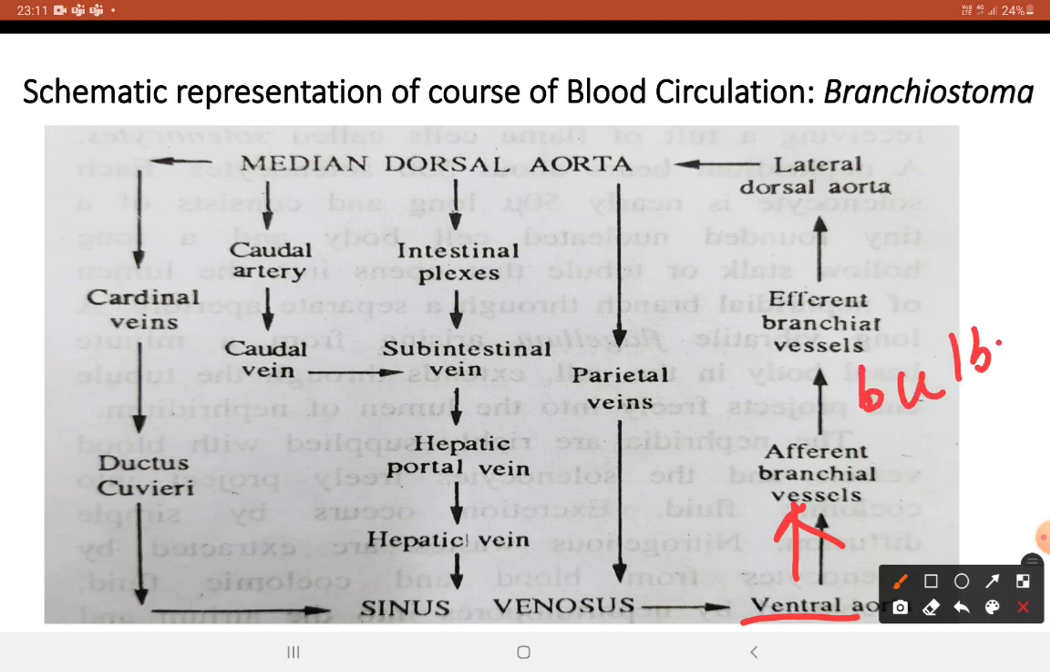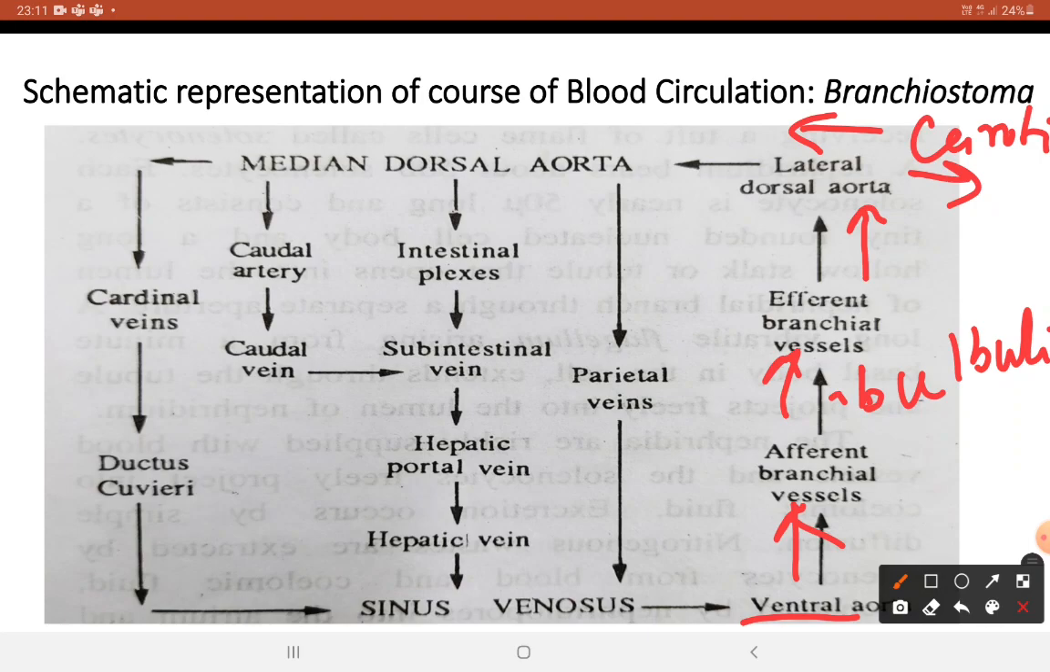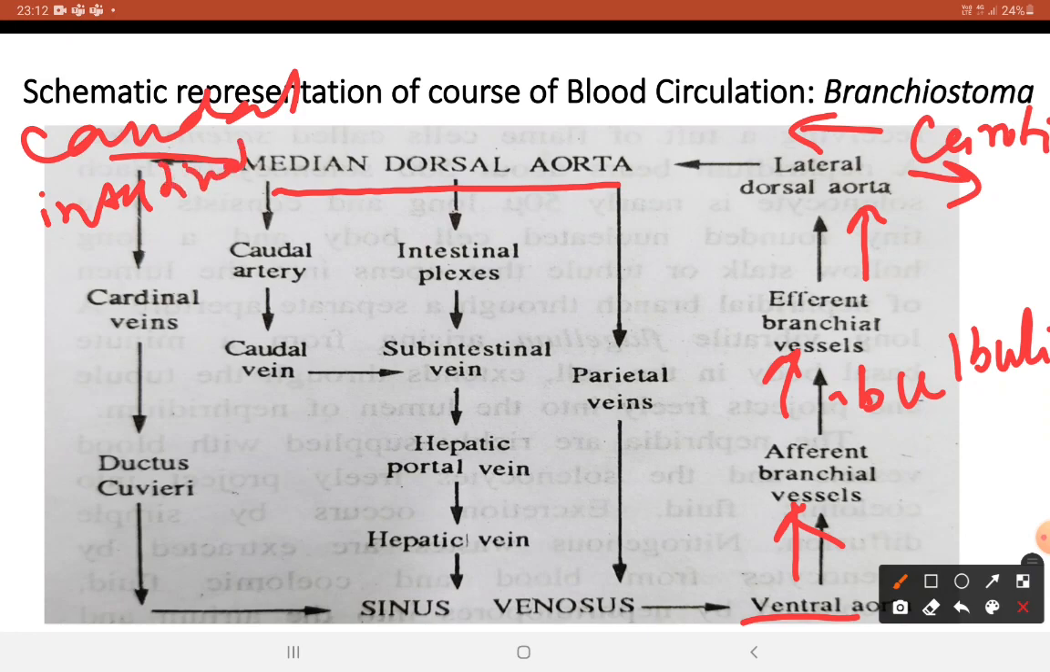from afferent branchial vessels through this bulbuli it flows to efferent branchial vessels, from the efferent branchial vessels it moves to lateral dorsal aorta, and these two lateral dorsal aortae anteriorly it continues as carotid arteries, and posteriorly it moves back to join into a main median dorsal aorta. And this median dorsal aorta it continues as caudal artery, and it also continues as intestinal artery,